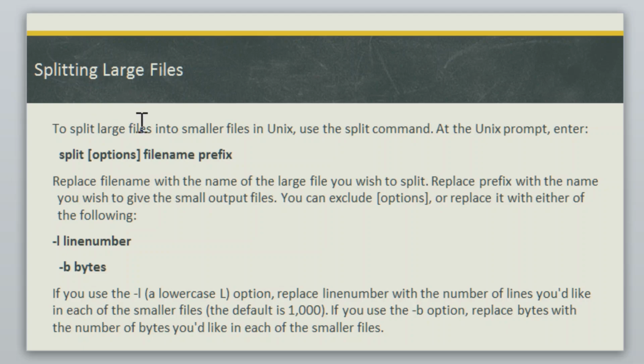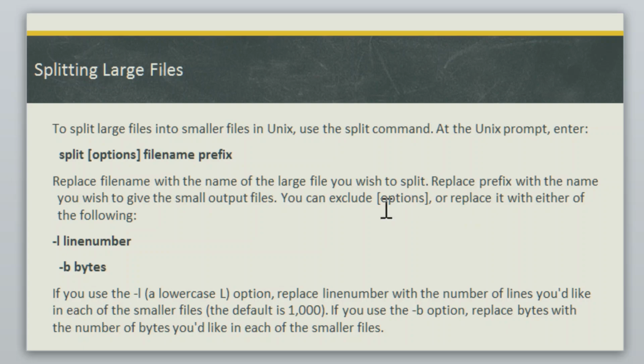To split large files into smaller files in Unix, use the split command. At the Unix prompt, you would enter split, the options, and then the file name and the prefix. You replace file name with the name of the large file you wish to split, and you replace prefix with the name you wish to give the smaller output files. So you have your large file here, and then whatever you want to name the smaller files here. You don't have to use options,